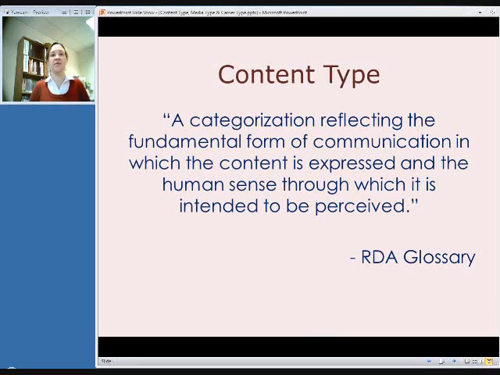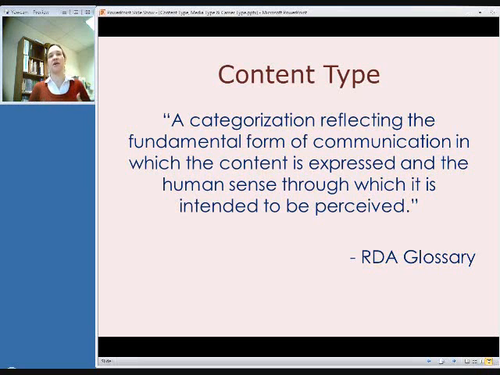We'll start with content type, and here's the official definition from the RDA glossary: it's a categorization reflecting the fundamental form of communication in which the content is expressed and the human sense through which it is intended to be perceived. Not the most straightforward definition in the world, but basically you can think of the content type as being a very broad category to which the item belongs without saying anything about a particular physical item in which it is encased.